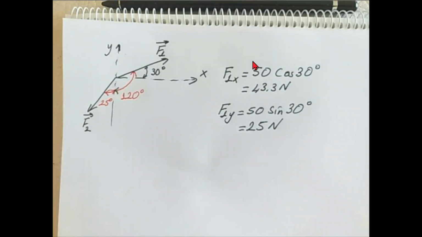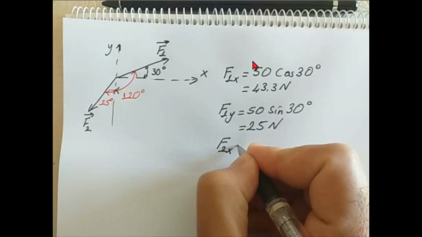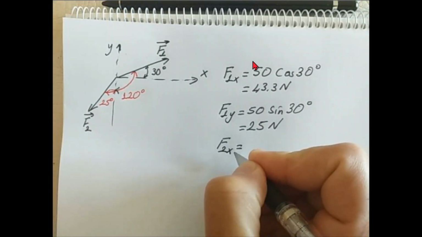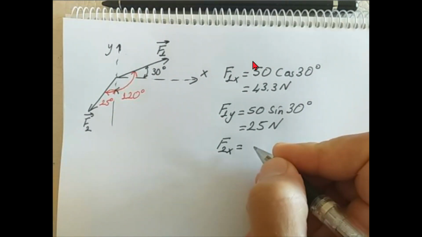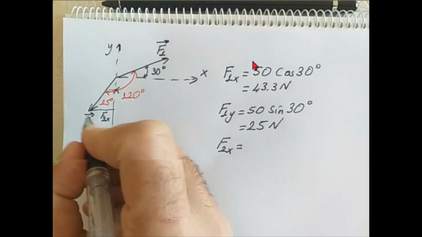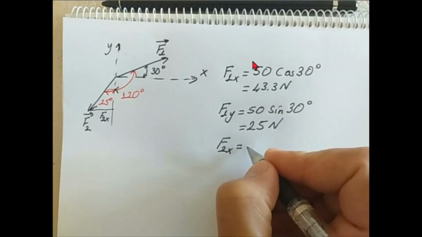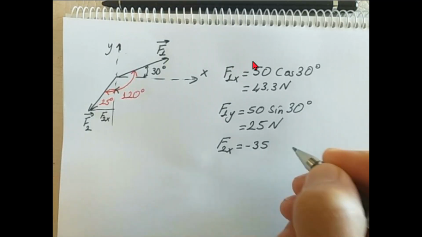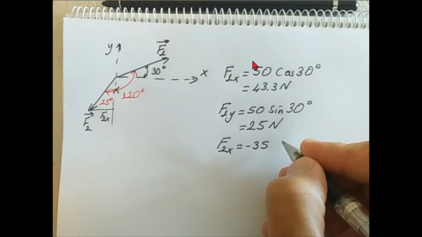Now F2x is equal to, this is F2x, by the way, its magnitude, which is 35, but it is in negative x direction, so minus 35 multiplied by sine 25, and this gives minus 14.8